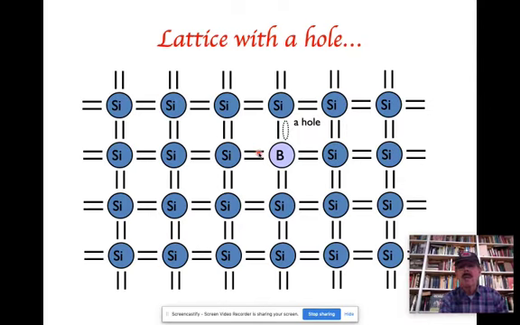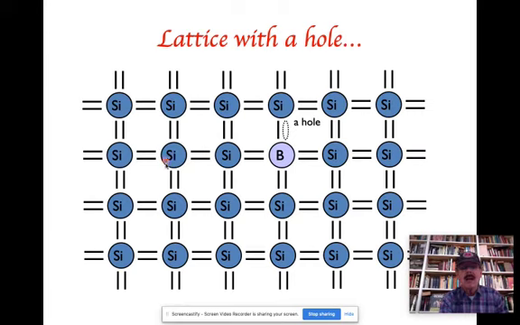And so what would happen is that this electron would fill in the hole, but it would leave a hole behind. And then this electron would fill in the hole, but it would leave a hole behind. And then this electron would fill in the hole, but it would leave a hole behind. And so you'd end up with what's called hole conduction. And what's interesting about that is that if you had a hole here where you would normally have 8 valence electrons, but now you only have 7,